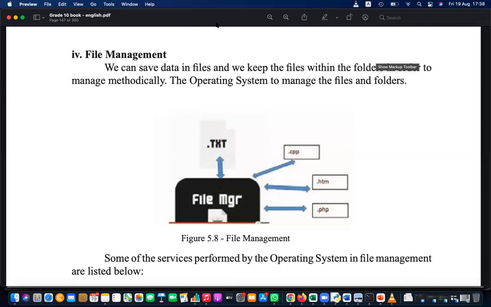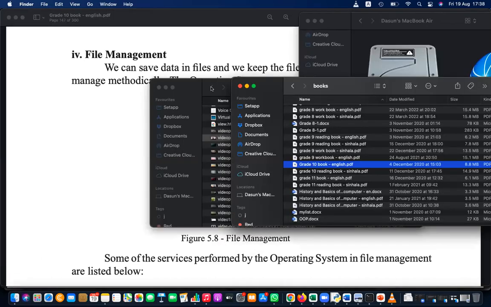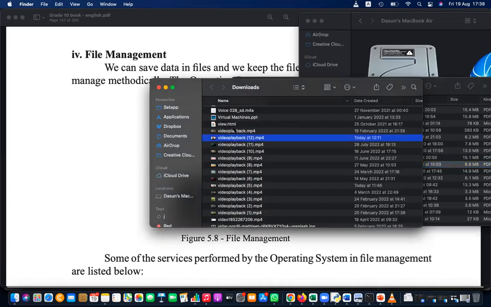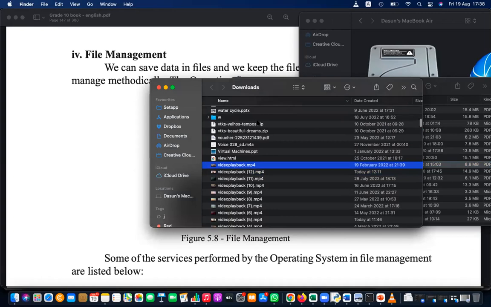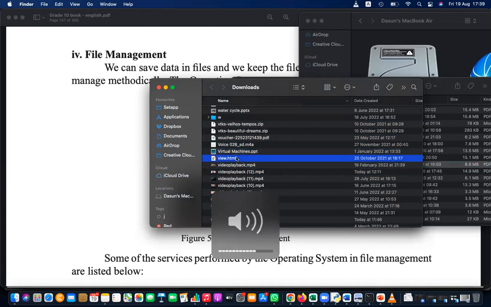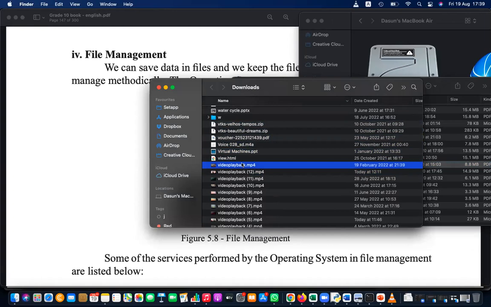In any operating system, whether it is Linux, Windows, Mac OS, Solaris, whatever operating system you handle, it doesn't matter. It is basically storing files, and these files also have a file name and extension. You can see a few examples here. Zip is an extension. Beautiful dream zip, PDF, M4A, PPT, HTML, MP4 are extensions,